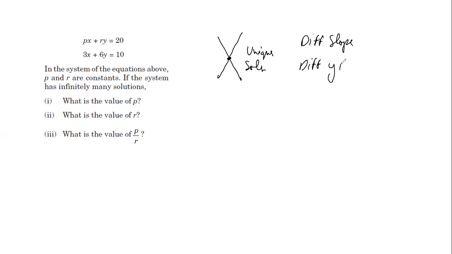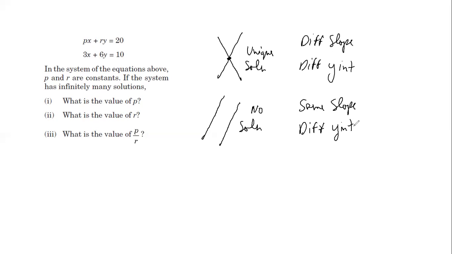I hope you understand these three types of solutions. I'll quickly recap it. Understand it through lines, guys. If two lines intersect, it's called a unique solution, and they will definitely have different slope and different y-intercept. Two lines can also run parallel to each other, which is a scenario of no solutions because they will never meet. In the case of no solutions, because the lines are parallel, they will have same slope, but different y-intercepts because they are going from different positions.